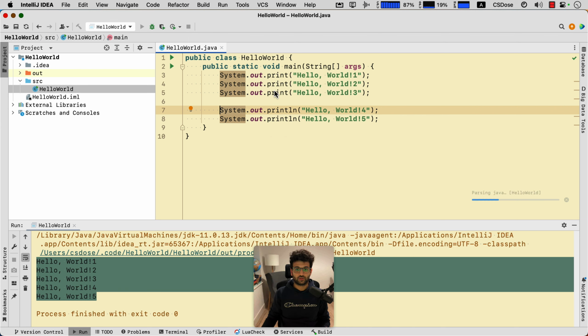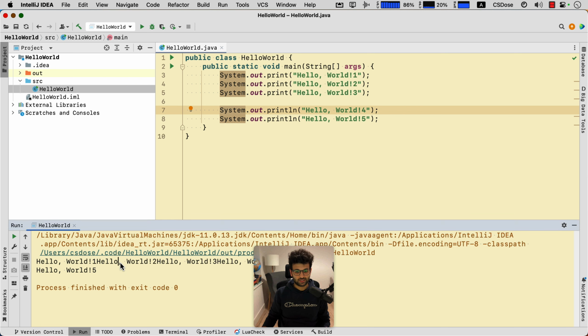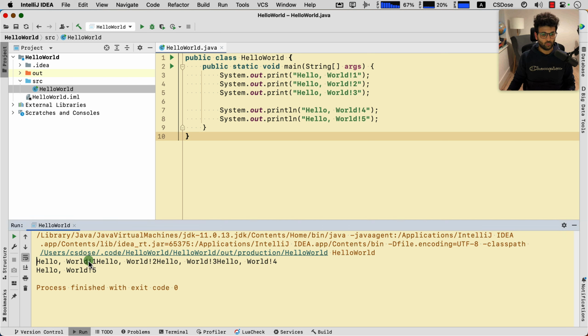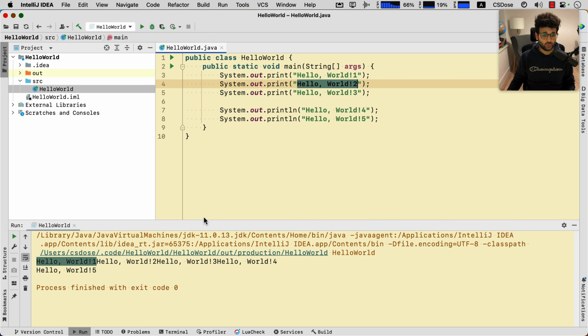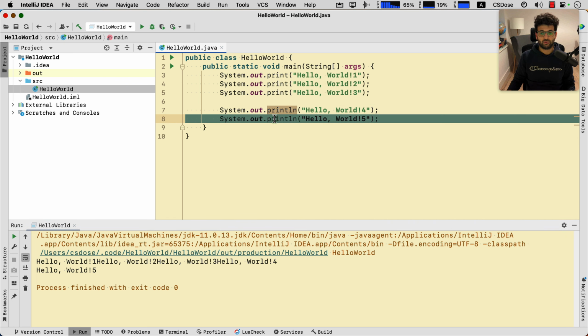If you execute print, and then println, what happens is it executes hello world 1, and there's no new line right after hello world 2, 3, 4, and then after 4, there is a new line at the end of statement number 4, and then number 5 comes on